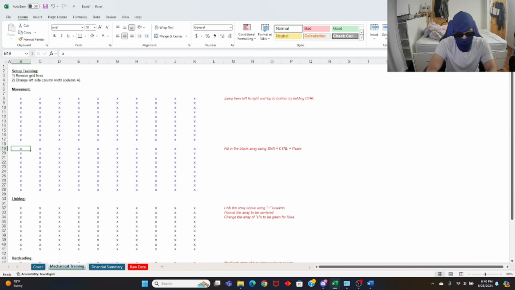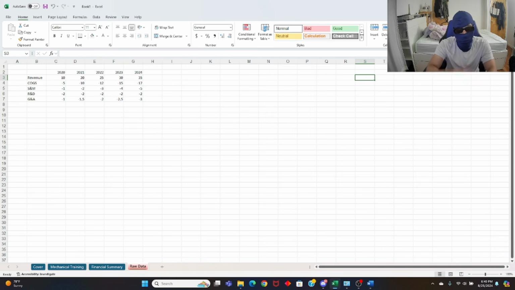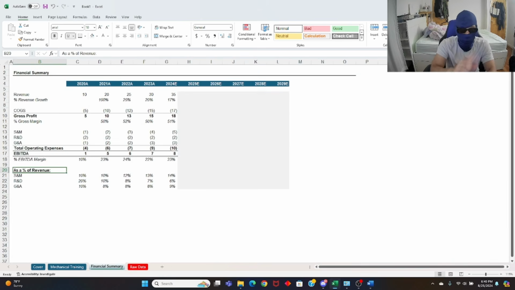And once you're good with this, you come here to the financial summary and you just build this raw data into what you see here. You just do it over and over and over again, right? Like, you don't need to build a wholesome financial model in order to be good at Excel. All you need is just this. If you do this over and over again, this could be replicated to any type of complex model that you see. It's just these few steps, these few sort of adding borders, formatting, adding color or whatever, custom number formatting,